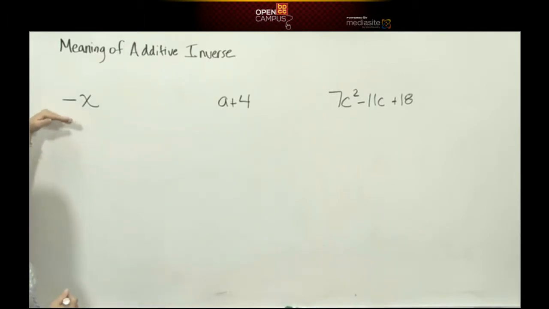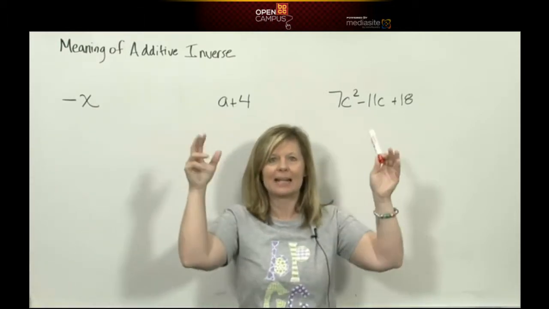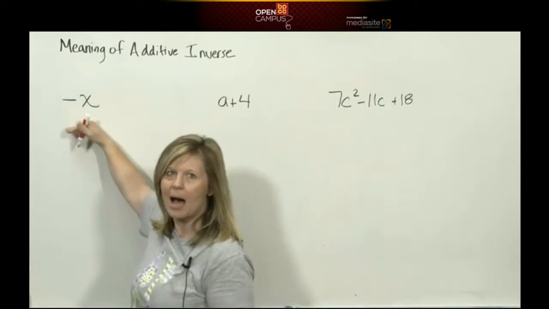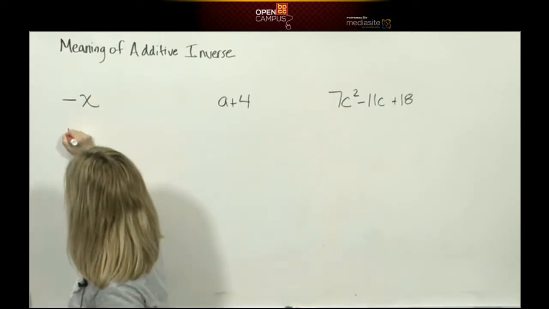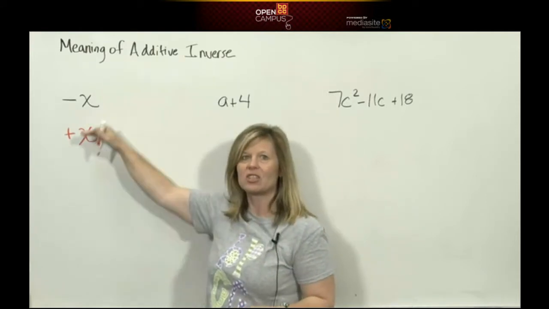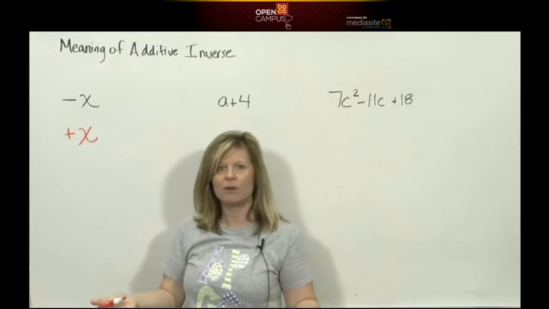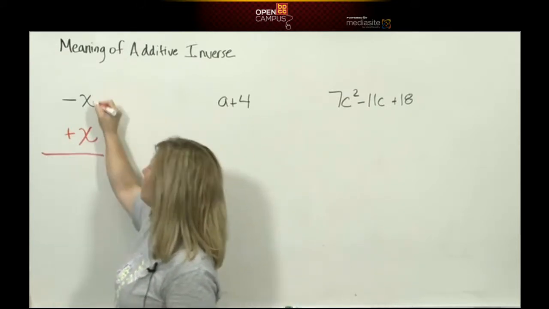If I have the term negative x, what would be its additive inverse? What do I add to negative x that would make it cancel out? We all know the opposite of negative x would be positive x. So the additive inverse of negative x is positive x. The way I could check if those are truly additive inverses is if I add them up, I should get